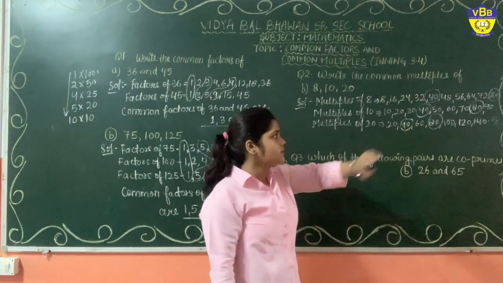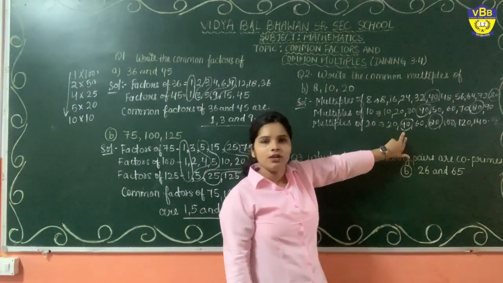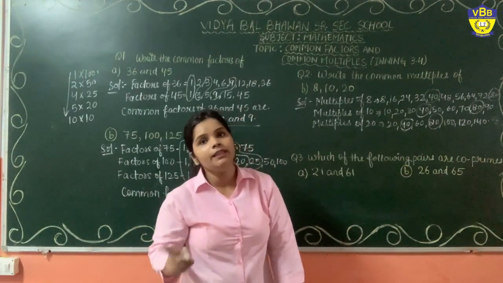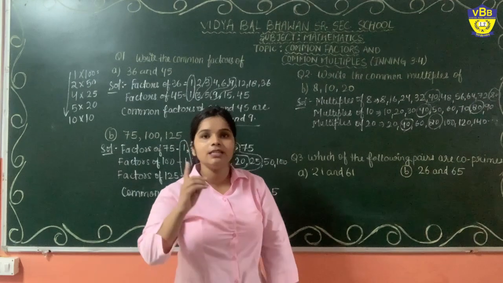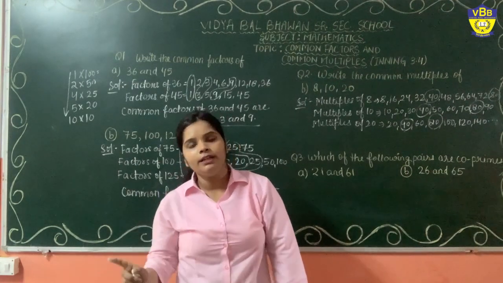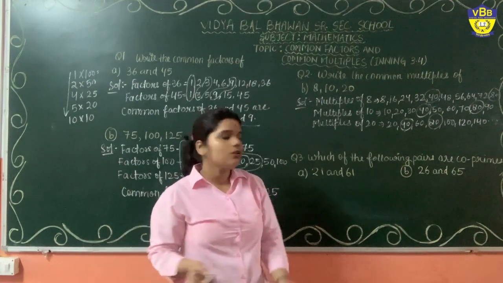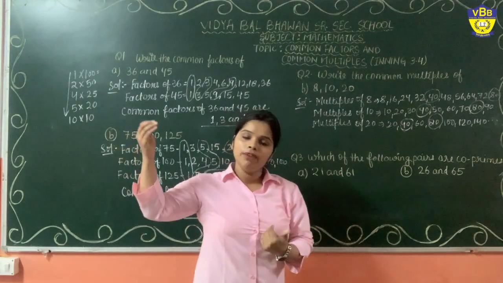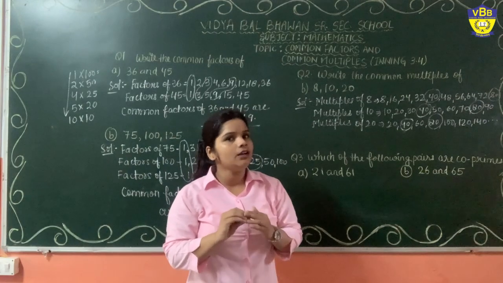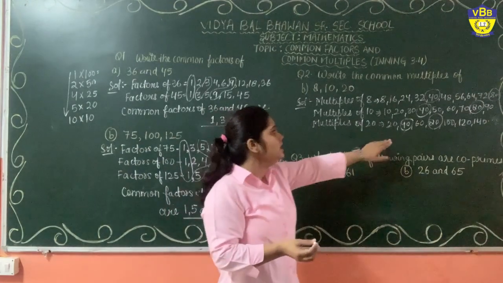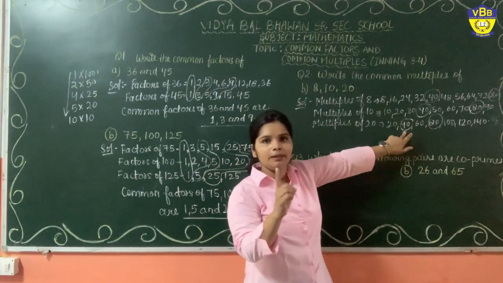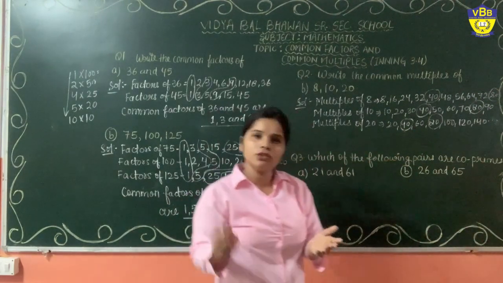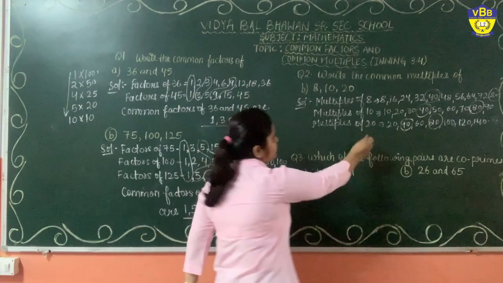I hope you understood that we have found the first common multiple, that is 40. So the second common multiple will be the table of 40 only, that is 80, then 120, then 160. If we have to write the table till very long numbers, we are not supposed to write it like this. Find the first common multiple and the rest of the common multiples will be the multiples of that first common number.